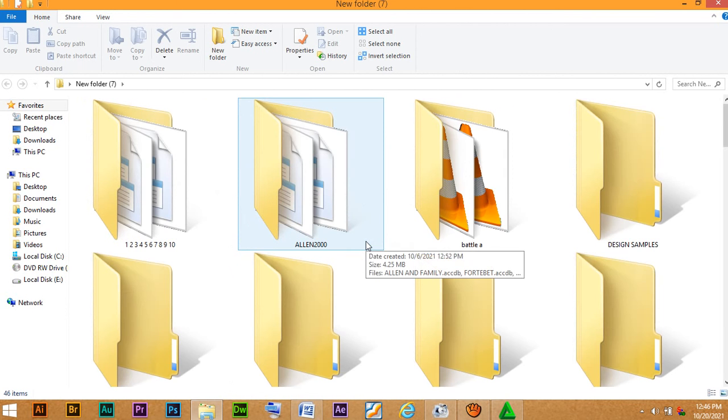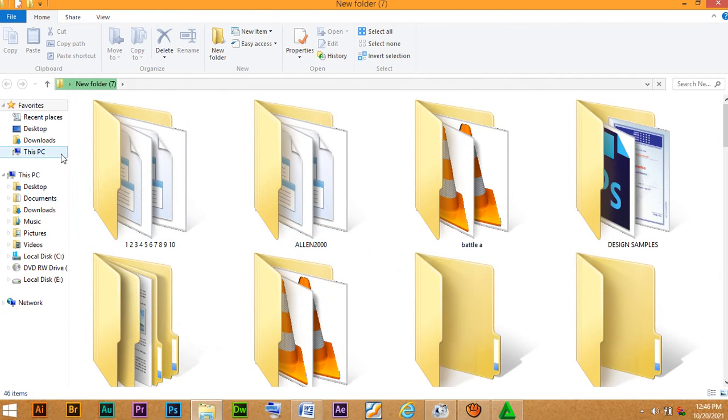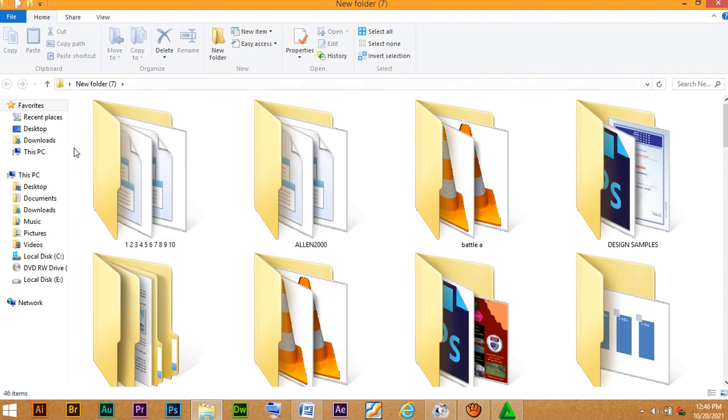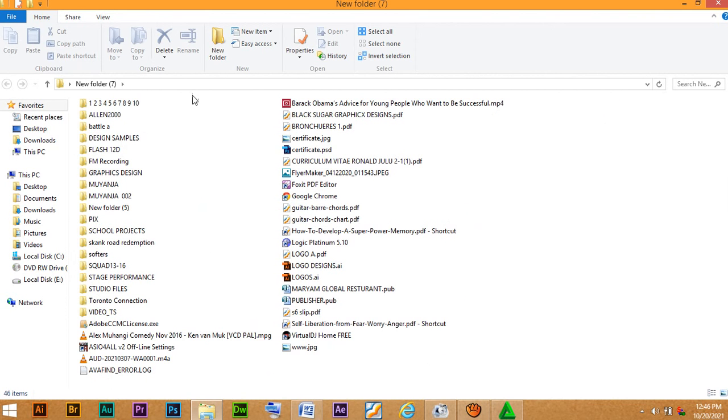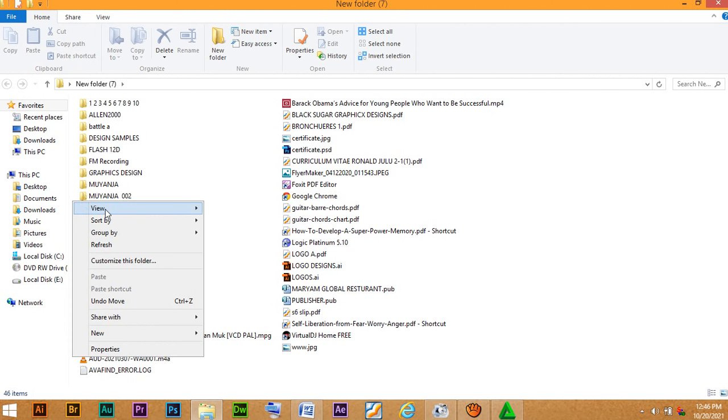You see they have changed to extra large. Still you can right click in the space and say view in list format. They will be listed from up going down. All those are different ways of seeing your work in a computer. You can see the views really differ. You can see that same work